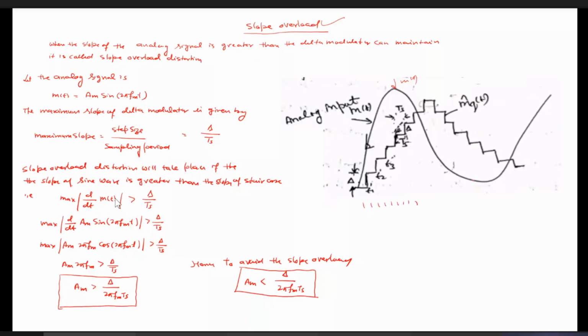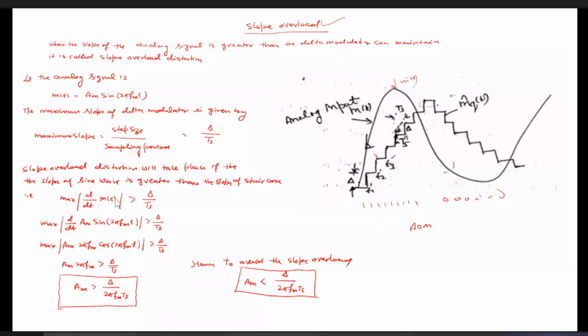Whereas in this region, the message signal amplitude is again varying very fast as compared to this staircase function. So in this region, we will be getting the sequence of zeros because the message signal is less than the staircase function. So in the adaptive delta modulation, what happens? Since it realizes the sequence of ones and zeros, ultimately it increases the step size. Suppose at this point the output of the delta modulation is 1. In the next sequence also the output of the delta modulator is 1. What happens in the next step in the adaptive delta modulation? The step size increases by 1.5, for example, 1.5.